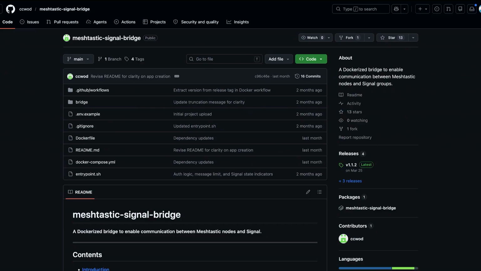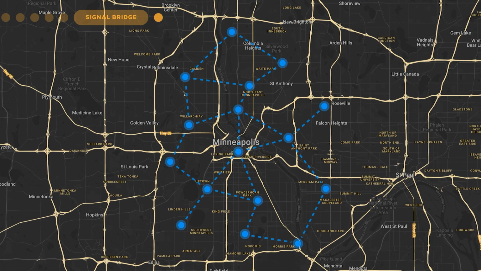My thinking is, not all of your friends should have to have these Meshtastic nodes to be able to talk to you, even though it'd be nice if they did. And people were doing a lot of communicating via Signal, of course. So it's a pretty small app. It's a 600-line Python app, and it's really just relaying messages between the two platforms. I'm going to demonstrate how it works and also a couple of the caveats of what this app is.